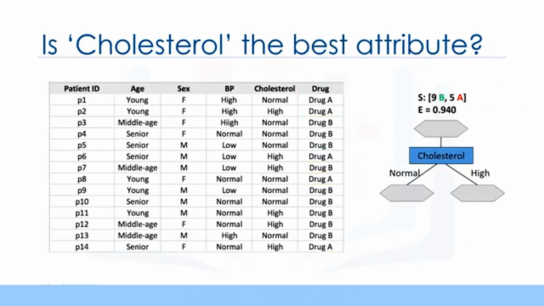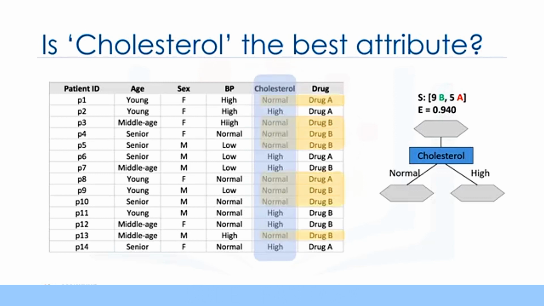Now we can test different attributes to find the one with the most predictiveness, which results in 2 more pure branches. Let's first select the cholesterol of the patient and see how the data gets split based on its values. For example, when it is normal, we have 6 for drug B and 2 for drug A. We can calculate the entropy of this node based on the distribution of drug A and B, which is 0.8 in this case. But when cholesterol is high, the data is split into 3 for drug B and 3 for drug A,